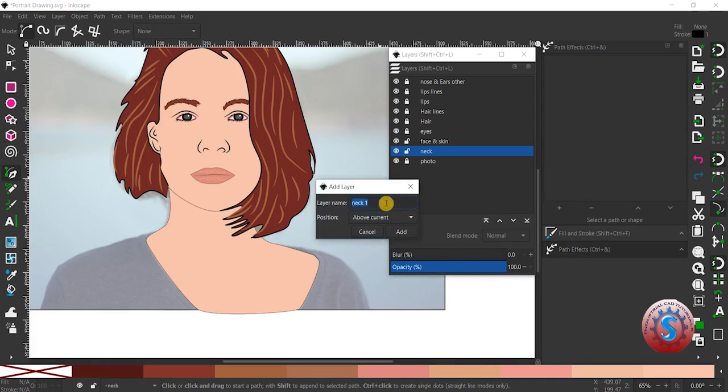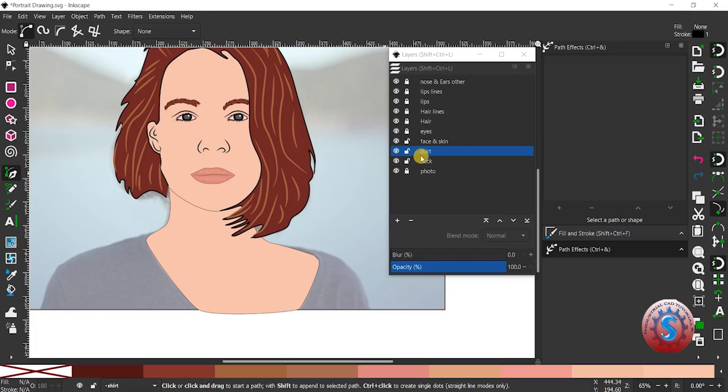Then you can observe that I am giving the layer a name, shirt. You can give shirt or t-shirt as you wish. I am simply giving shirt, then go into the node option and click the node. I am clicking the pen tool. After clicking on the pen tool, you can observe I am drawing a shape like this, and the shape is created.